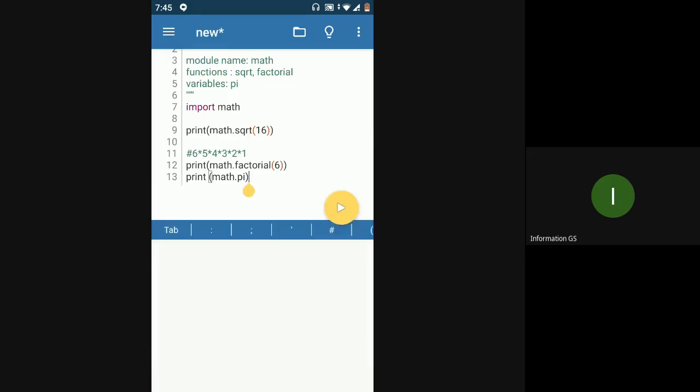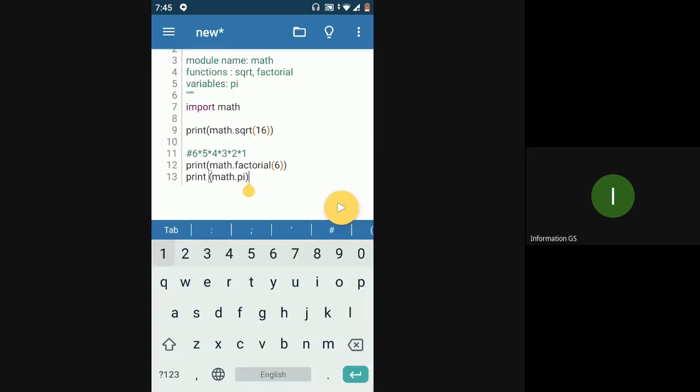Then you can also convert radians into degrees and degrees into radians. That is also one of the functions you can do using the math module. Here I'm converting radians into degrees. Basically 2 radians is equal to around 114.59 degrees, it seems. That is what it shows.